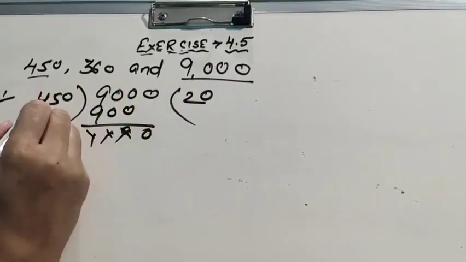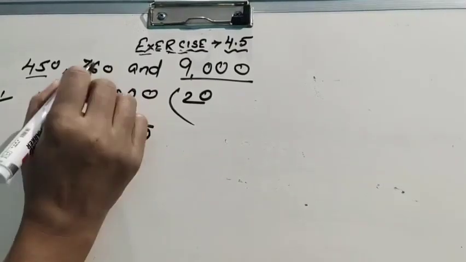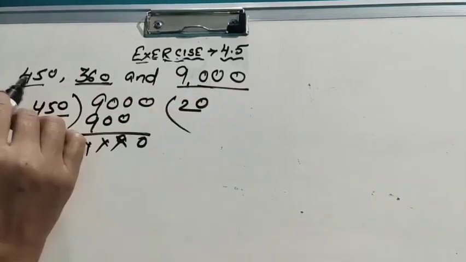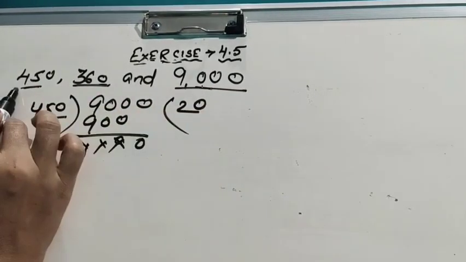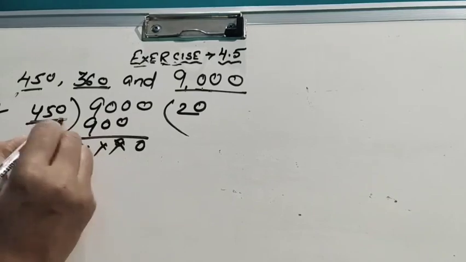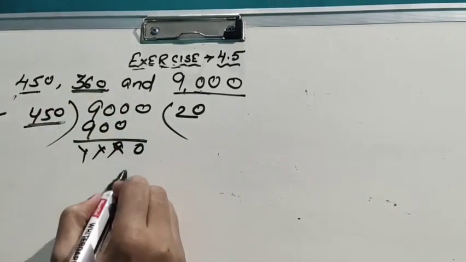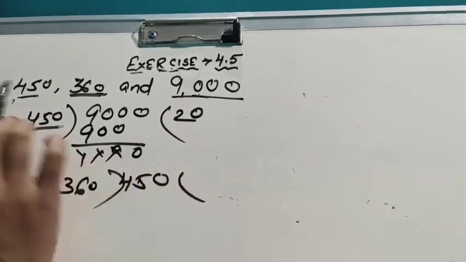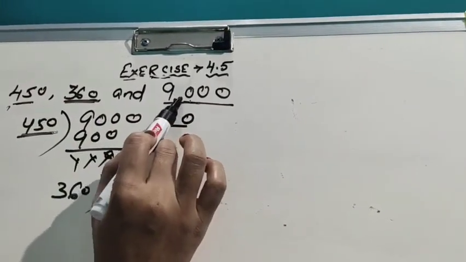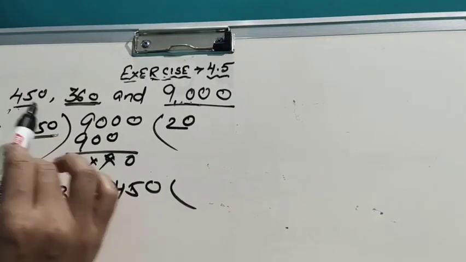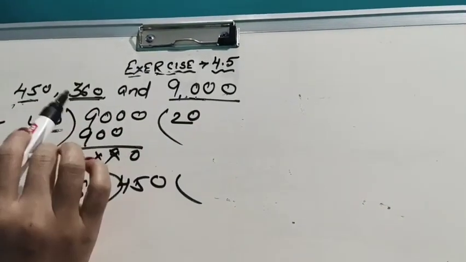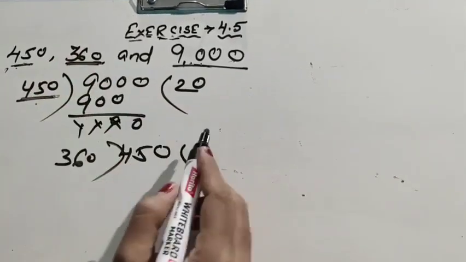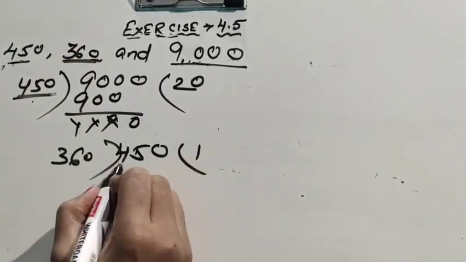Clear? Now this 450 we will divide, go with the 360. First this is the biggest one, and second this is the second biggest one. So first department is over. Now second we will go with this number. So 450 divided by 360. Don't be confused. Two processes are given. This is the biggest one and second biggest one, this one. So we can divide with these 2 numbers. After that, whatever the divisor given, we will go with the second one. 360 divided by 1 time.